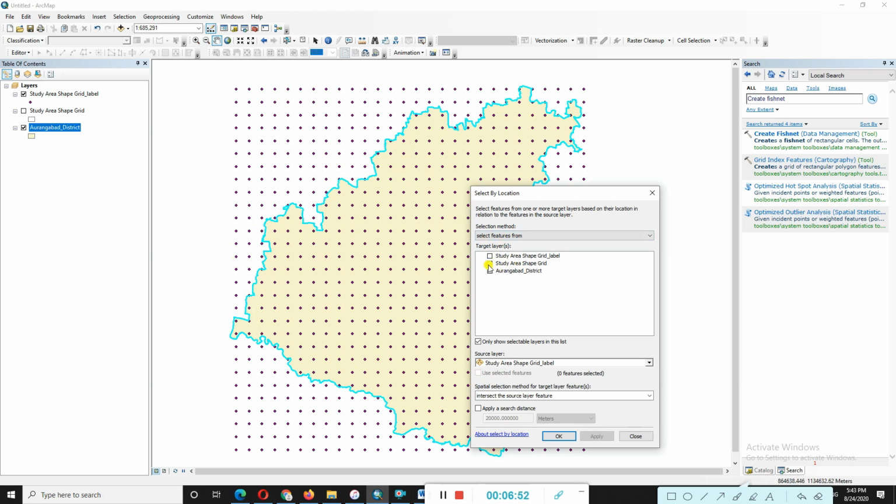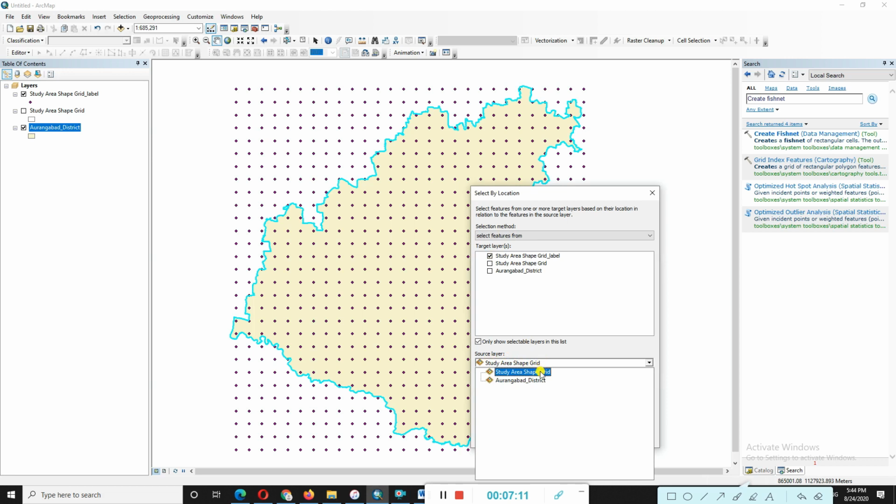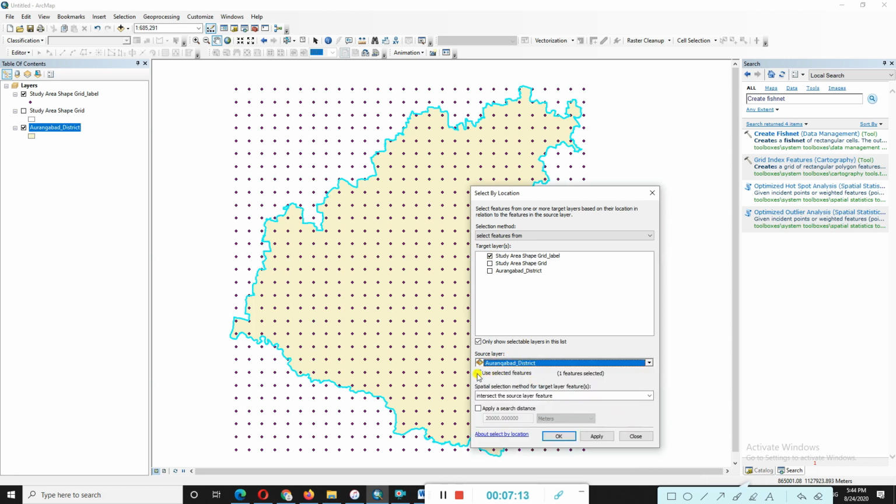Just click here. Our point is a grid label. You can look here the grid label. Just select here study area shape grid label, click on. Okay, you can see here a source, which source, my study area. To select that area you can look here, this option is visible and you can check these ones and just